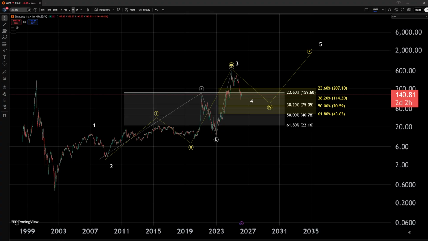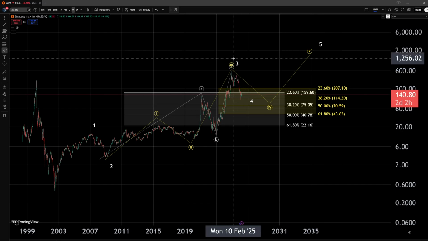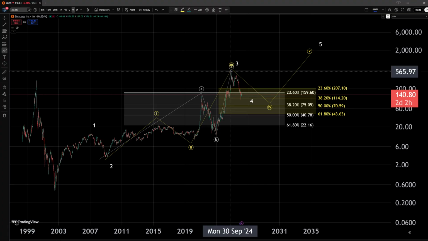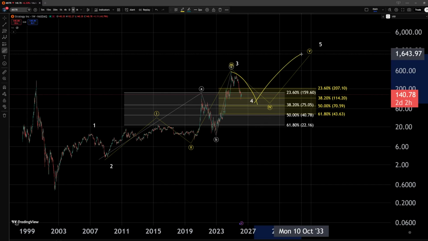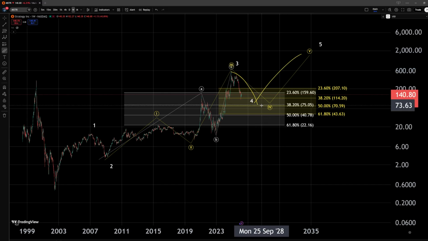In this video we are looking at strategy. It is time for another update, and on this chart we have been tracking two main scenarios, and within both of them we are looking for a quite similar outcome really, as within both scenarios, white and yellow, we are looking for a wave 4 correction, and currently we are within the area of support of both scenarios, and we are looking for a wave 5 to take us to higher prices, which is also part of a diagonal structure